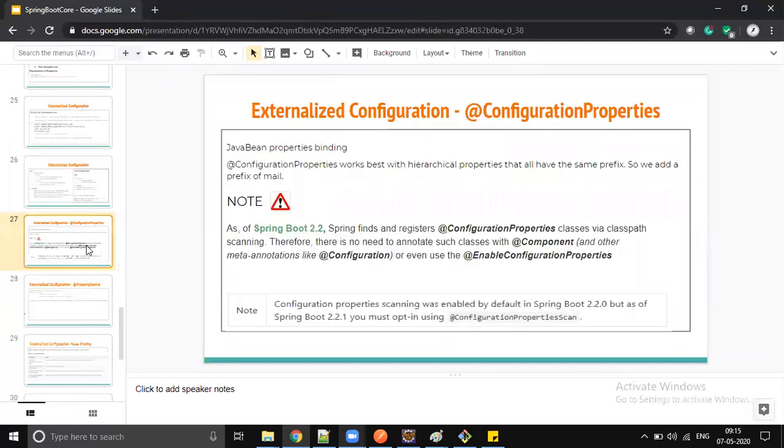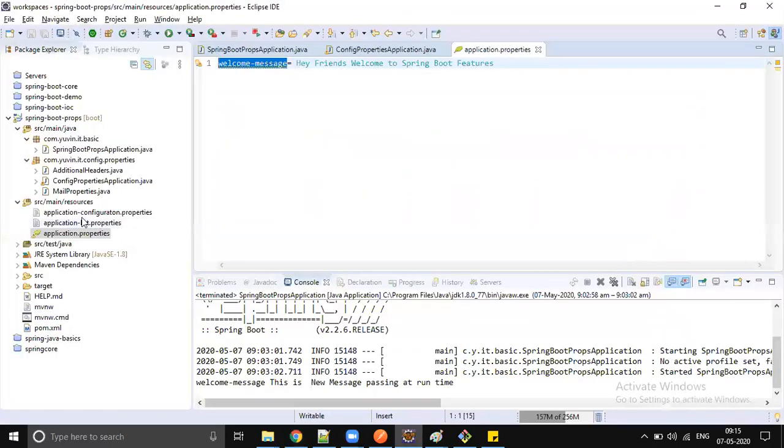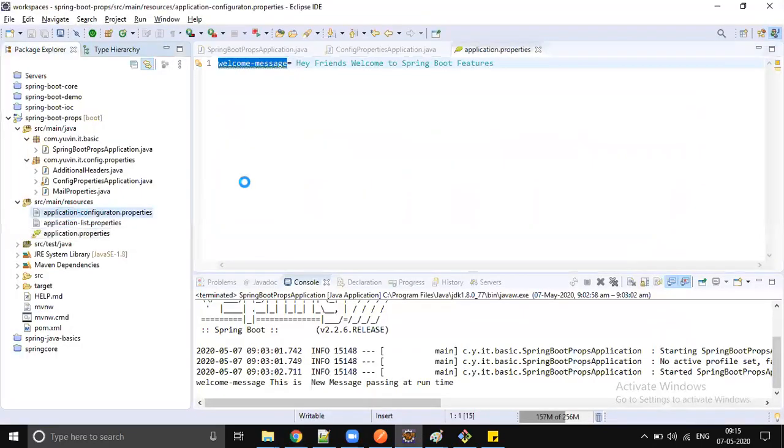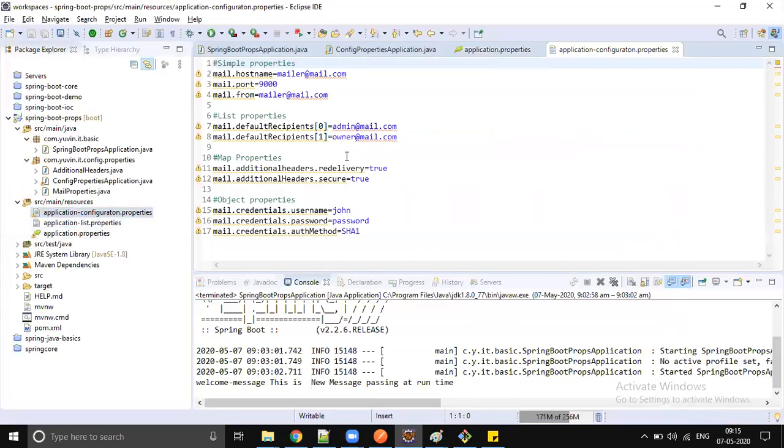One very important feature which I want to tell you about is @ConfigurationProperties. It's very useful. So look at this example very carefully. This is a common requirement in our projects.